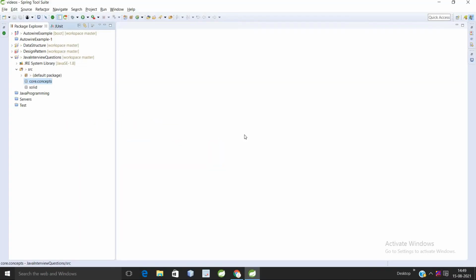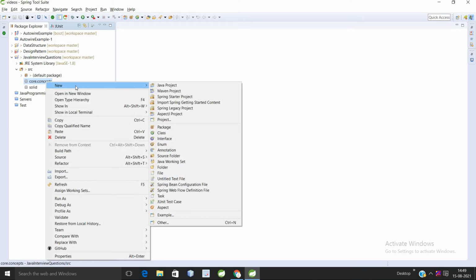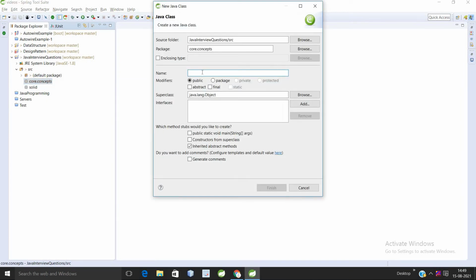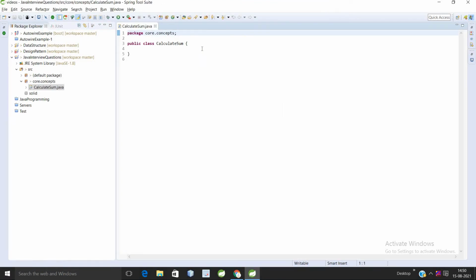Here we will cover static binding first, or compile time polymorphism. This is my package, core.concepts. Here I am taking one class. How do you create a class? By creating new and class. Suppose I am taking the class CalculateSum. In this class, I am taking one method which will return the sum of two integers. This is my return type and this is the name of my function.